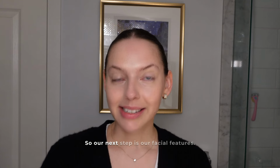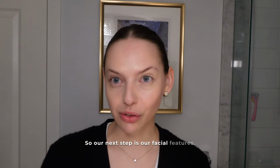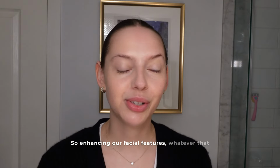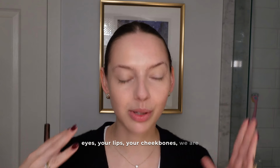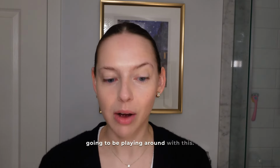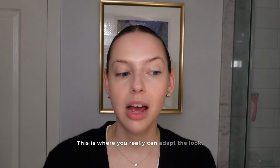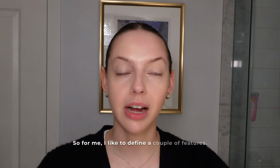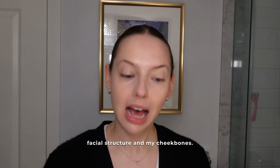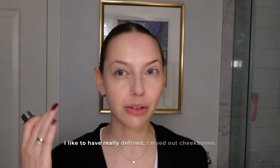So our next step is our facial features. So enhancing our facial features, whatever that might be, whether it's your eyebrows, your eyes, your lips, your cheekbones, we are going to be playing around with this. This is where you really can adapt the look. So for me, I like to define a couple of features. The first one being my facial structure and my cheekbones. I like to have really defined